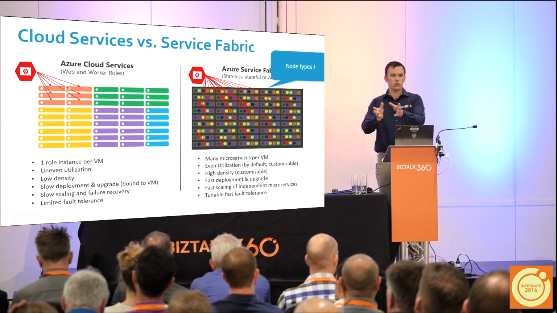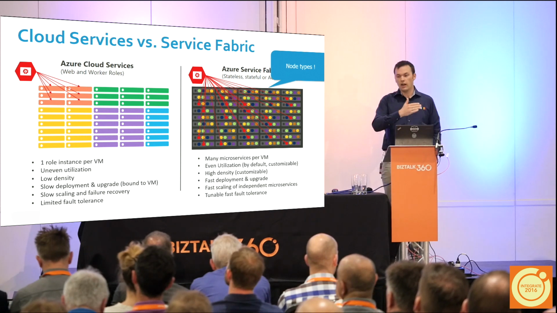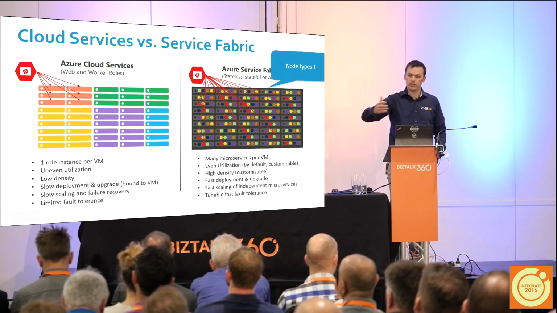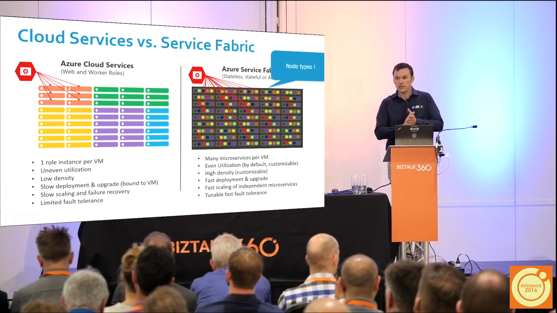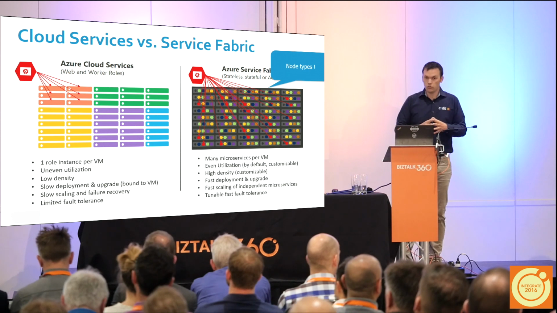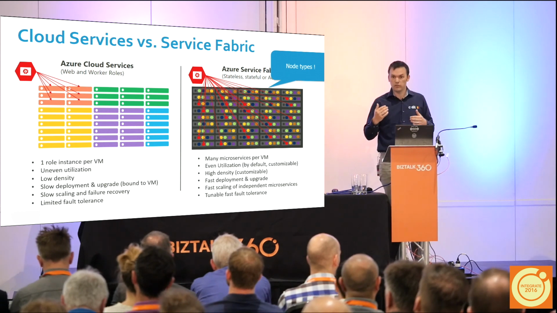And then you can say of that node type, the high memory machines, I want to have 10 machines. And you can scale up and down. We will talk about that later. One thing that was not possible in the beginning, in the previews, was to have less than 5 machines for